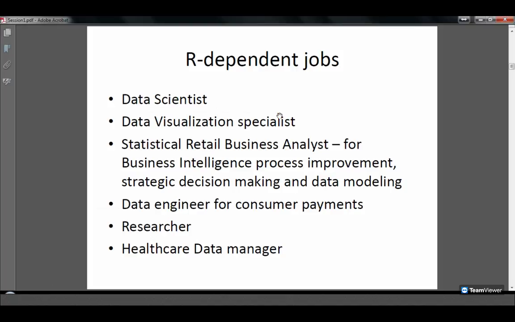The second one is a data visualization specialist. Previously we used to have big structured databases from which you have to get all the information, connect these databases, gather information, report it as a summary sheet, and also generate visualizations for it. So right now, since R is free, many people, like I in my job, use R for visualization,